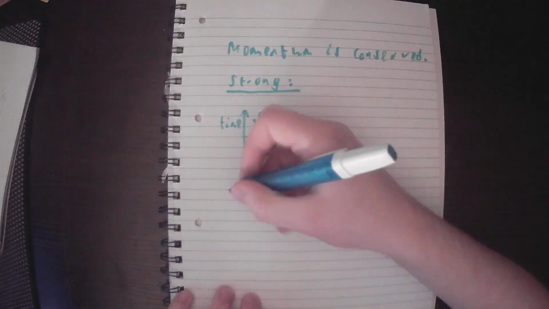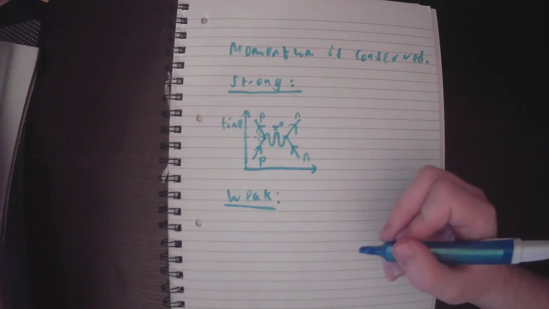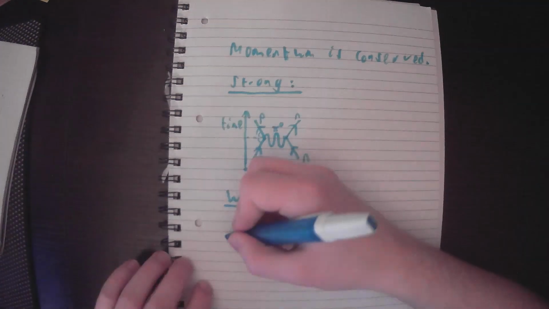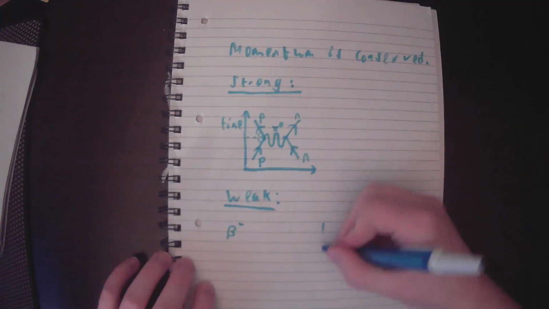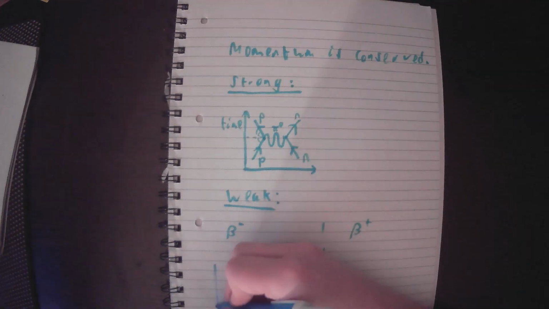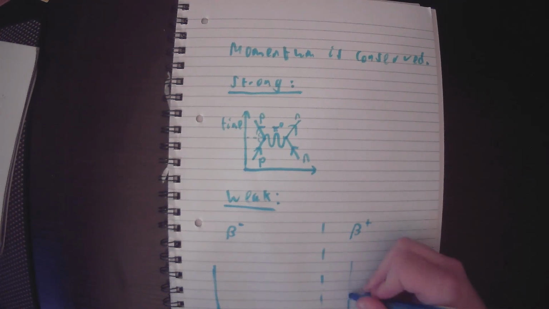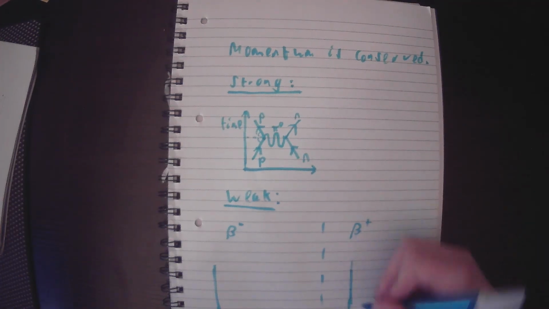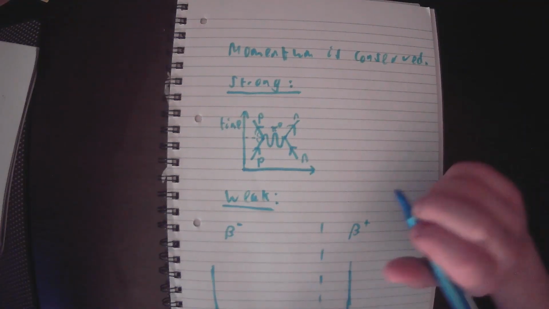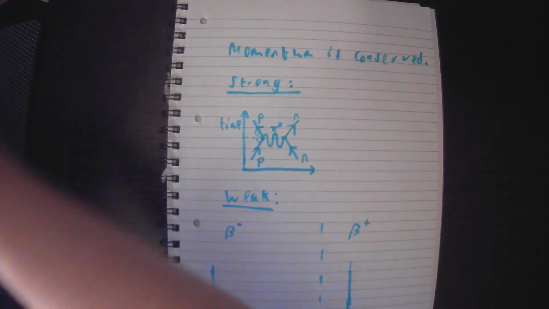Now let's have a look at weak interactions. So this is our beta minus and beta plus. So I'll just do beta minus on this side and beta plus on that side. So we will again get our set of axes. I apologize if this highlighter runs out halfway through. There may be a jump cut if I need to go get a different highlighter. And our beta minus and beta plus decay